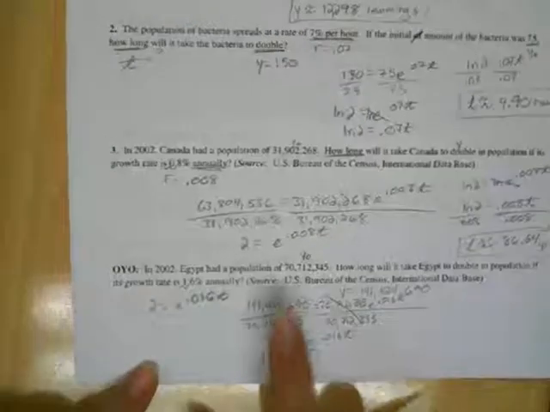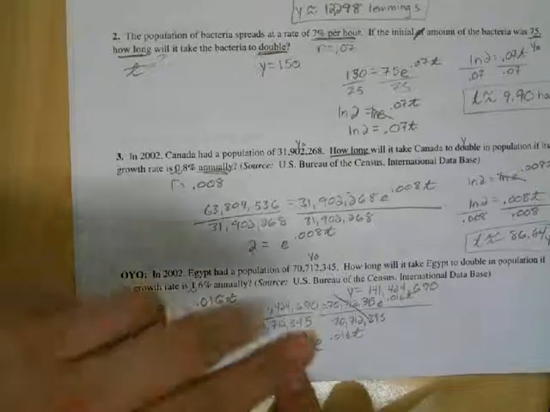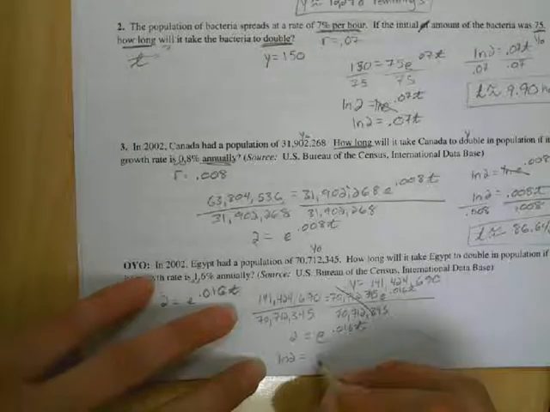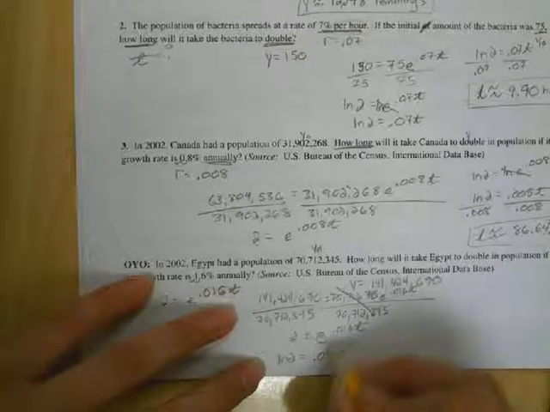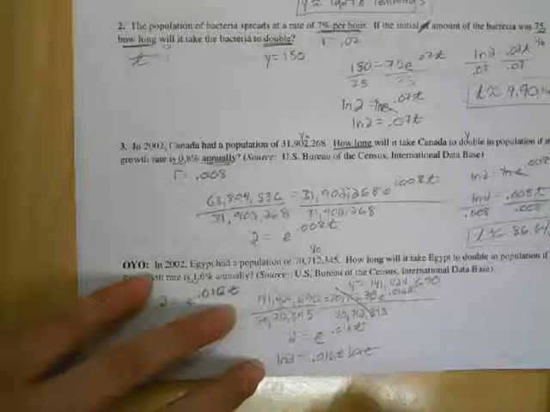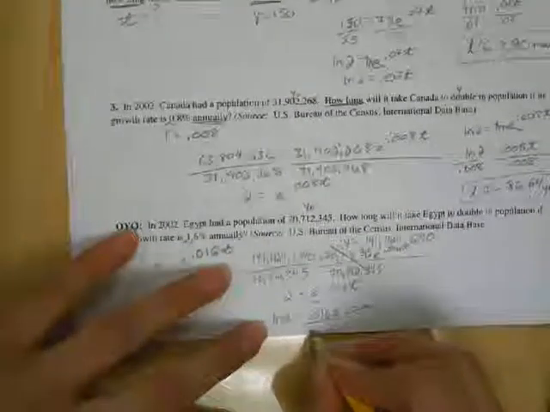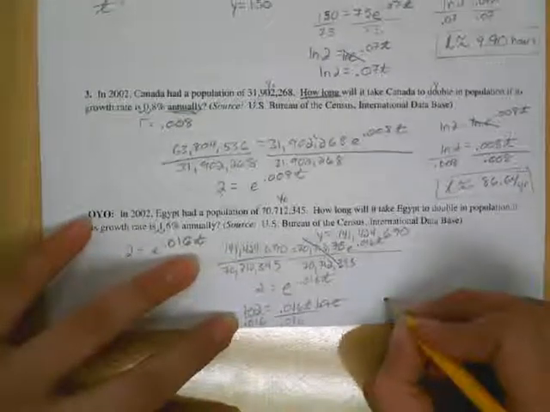This only works if you're doubling. If you're not doubling or tripling, then you can't just skip that step. You're going to have to write it all out and divide it out. But if I'm doubling, I can skip ahead and jump straight to there. Alright, so then natural log both sides. Natural log of 2 is equal to, I'm going to go ahead and drop this exponent down, natural log of e, which goes away. Divide by 0.016 on both sides. And t is approximately